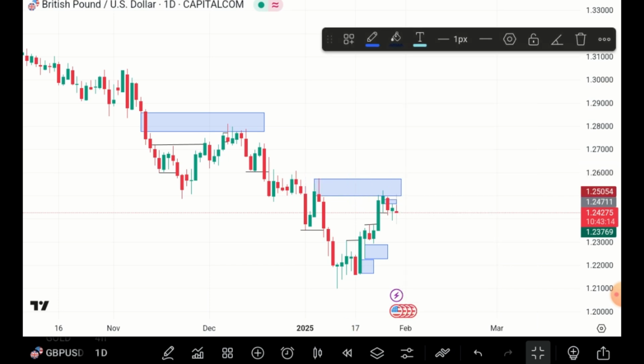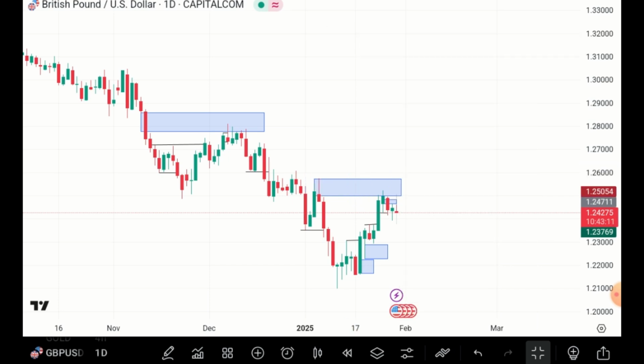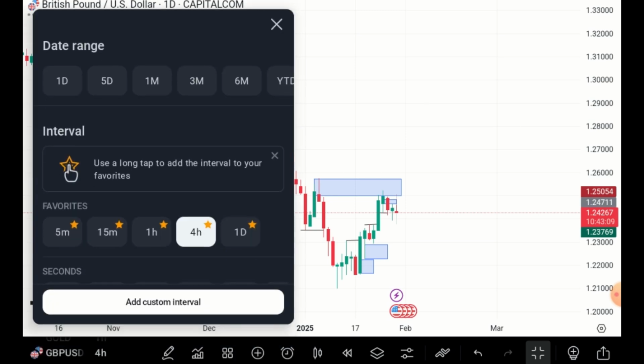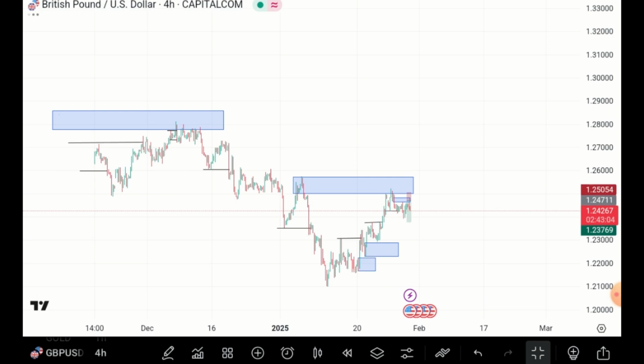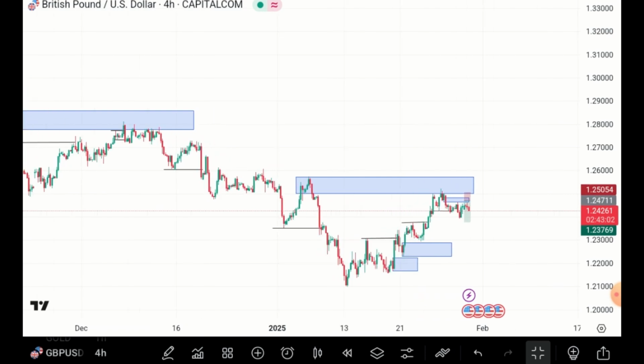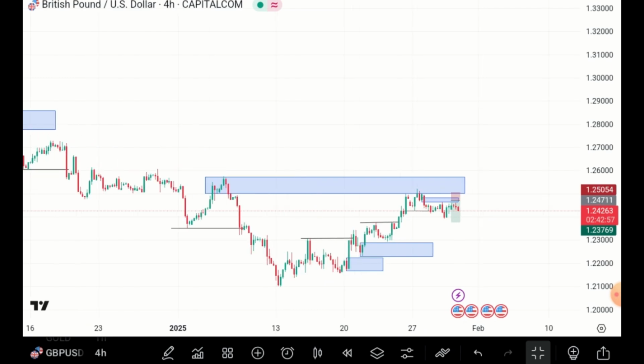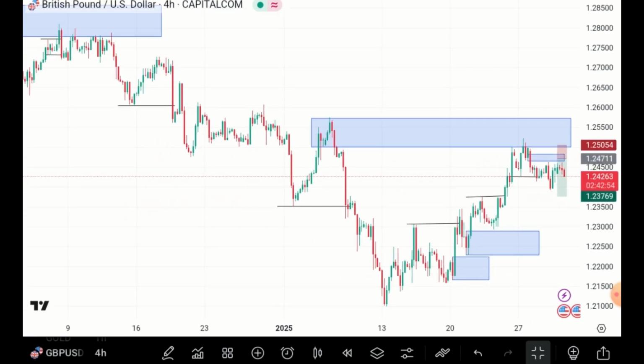After drawing my order block on my daily time frame, I just went to my lower time frame, right? So now you can see I just wait on my lower time frame for the market to come to that daily order block, right? H4 for time, daily for order block, right? So now